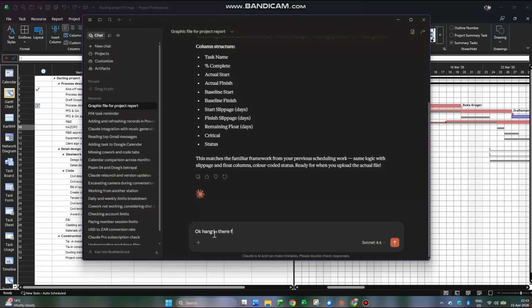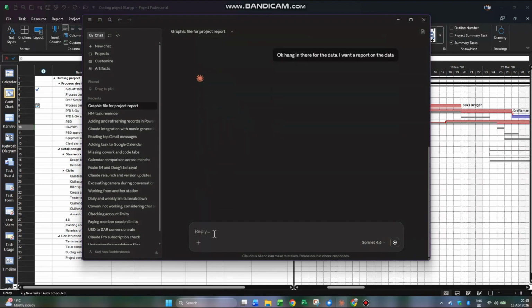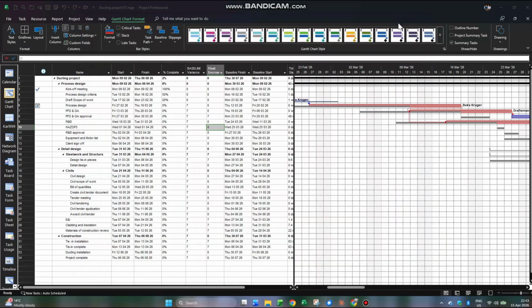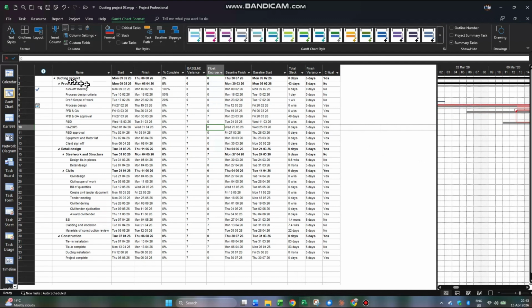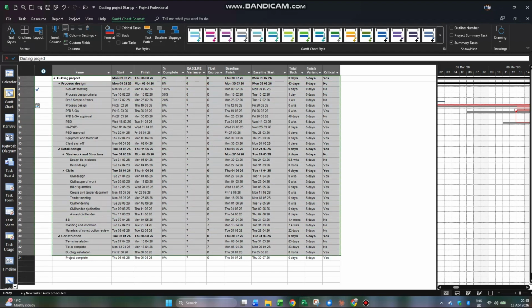So what I'm going to do now is prepare it for the upload. Claude has examined the reference point first, looking at the layout, the column structure, the color coding. And I'm about to send the file. But at this point, I just need to copy paste the data into Excel. The point is, it won't read it off MPP files. So let's do this. Copy,